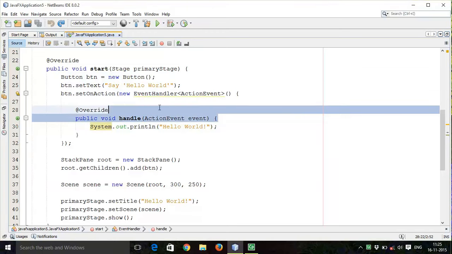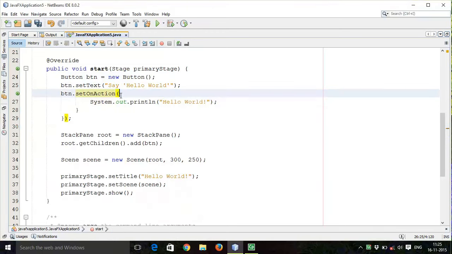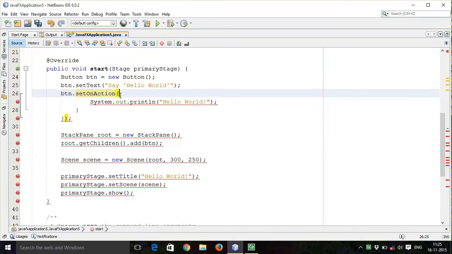So I will delete this and insert a variable. I will say e, then hyphen and forward arrow. This is the lambda expression. By adding this lambda expression, the Java compiler detects the lambda expression and implements the event handler interface.